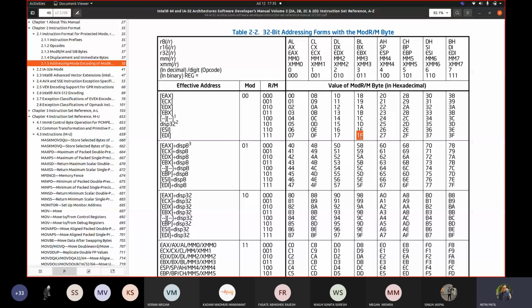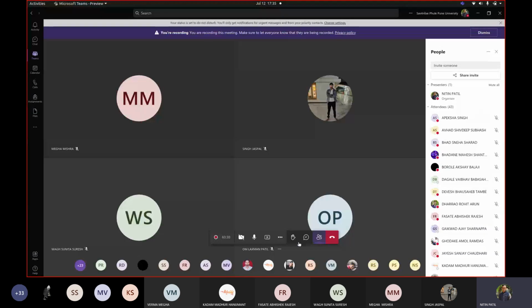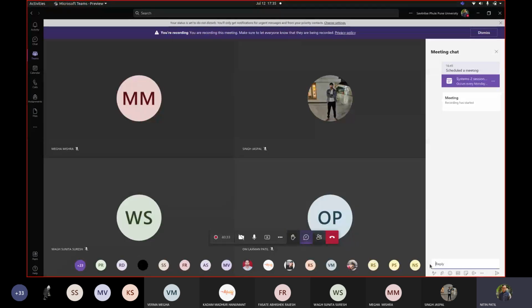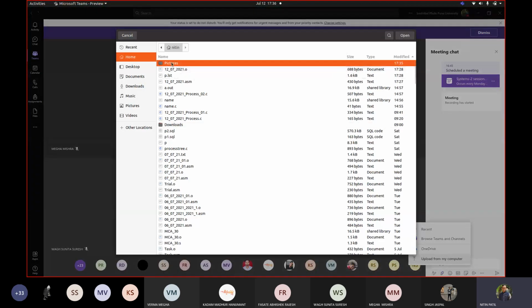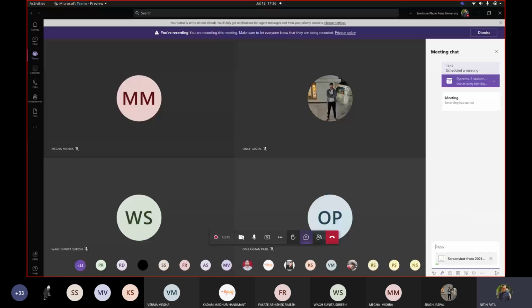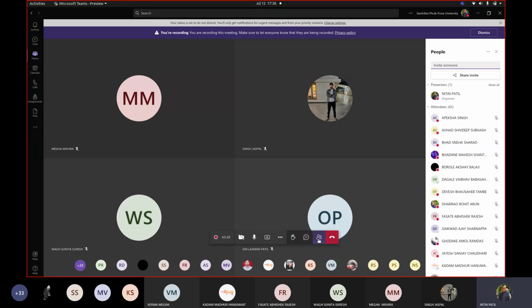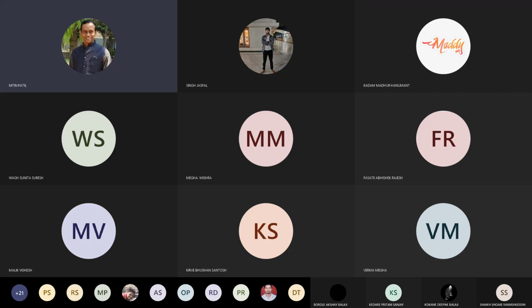You can take a screenshot of this file or this one, so that I can stop sharing and work out the assignment, so that I can show you what the answer is. Okay, so that you can also compare from your end. I'm stopping the screen sharing. I already added that screenshot of the image. Fine. So that I can also work on my side. So what the instructions are.